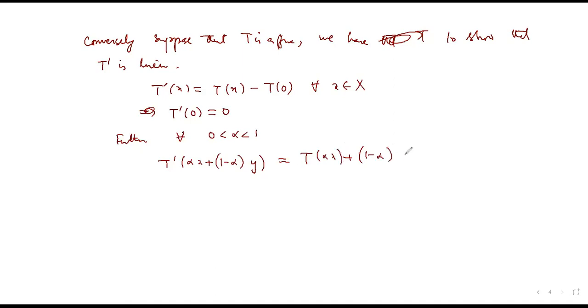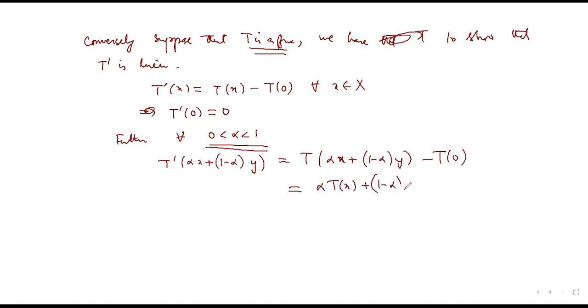okay, minus T, oh sorry, what did I write? I should stick to the formula. Alpha x plus 1 minus alpha times y minus T of 0. Then you can write it as alpha times T of x, because I'm assuming that T is affine, right, and I'm taking alpha between 0 and 1, should be equal to 1 minus alpha times y,